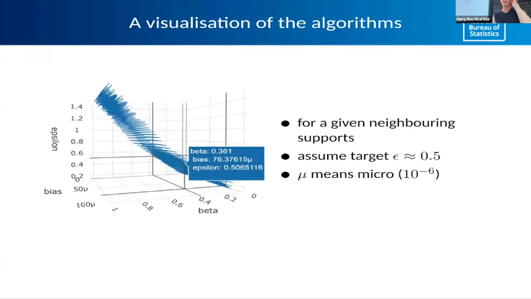To give you a very high-level intuition of how our algorithm works, we need to make sure we achieve a particular epsilon, like a target epsilon of 0.5 in this example, and you really want to achieve zero bias, so that all your noise doesn't affect your final result. It can't be exactly zero, but it's small enough to meet the target.